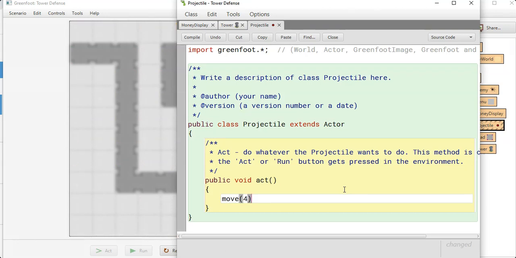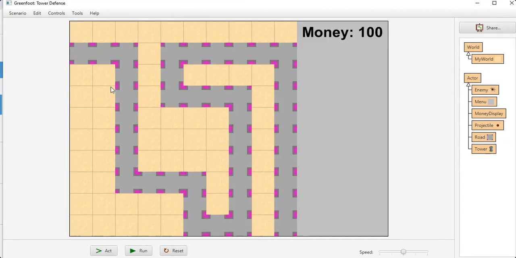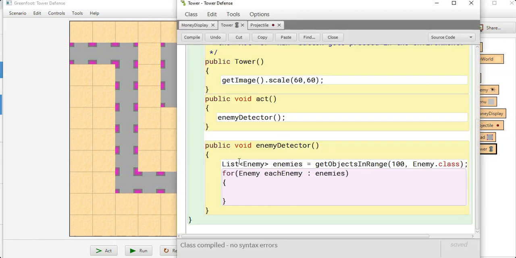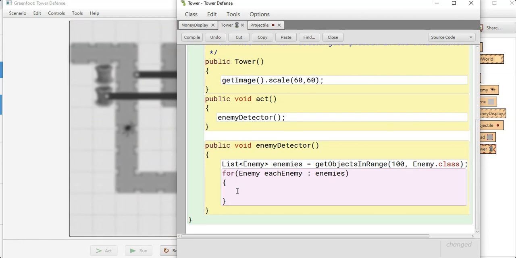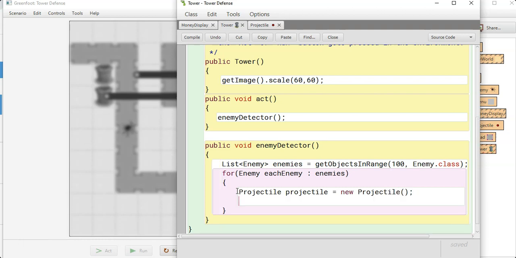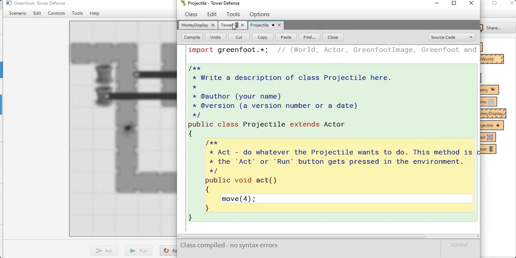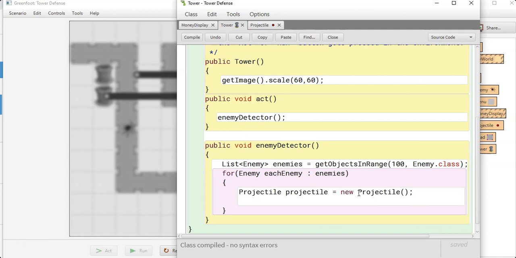And then we're going to control its rotation as it gets inserted into the world. And so we'll have it move faster than those towers moved right there. We can mess with that later, but going back to our towers. Okay, now we need to fire the projectile, and so we need to create a projectile. Set it equal to a new projectile. And this would reference just a new object projectile that we've created here. And so what we're going to need to add